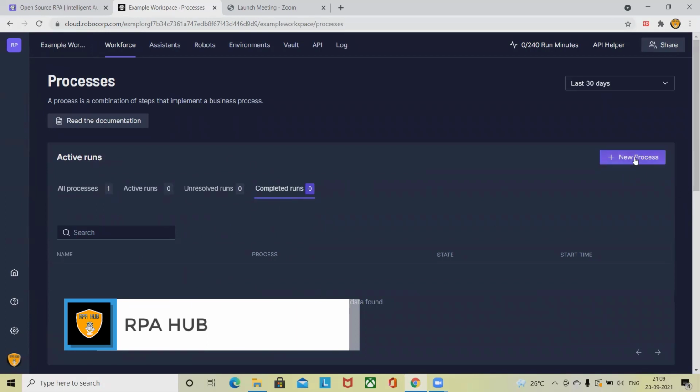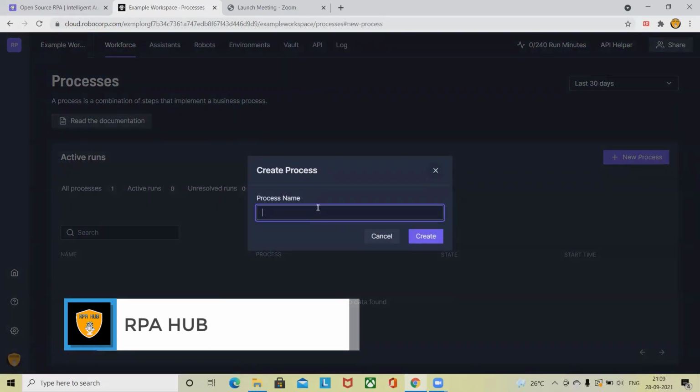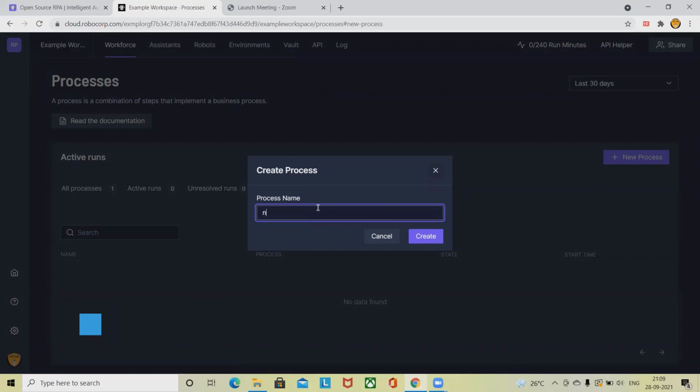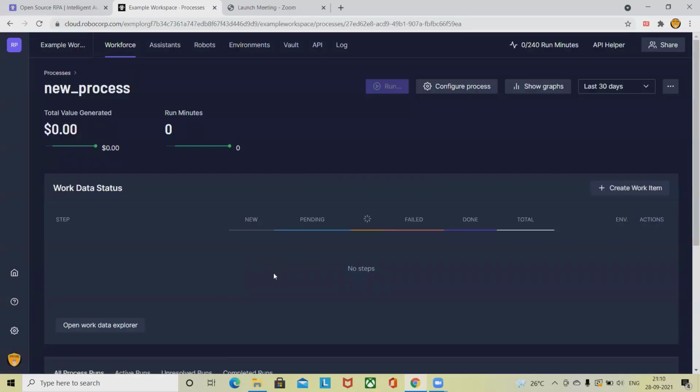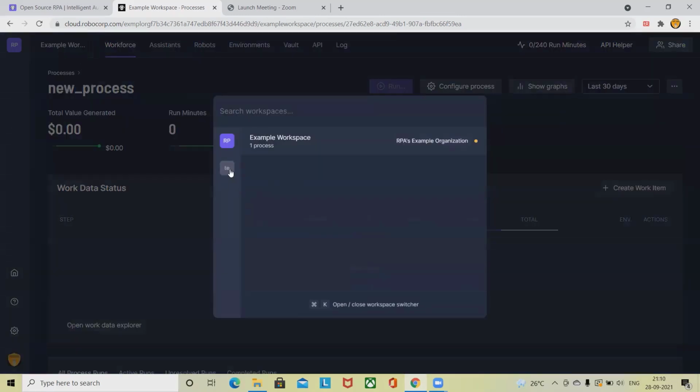If you want to create a new process, simply click on new process, add the name of the process, and click on create. My new process will be created for me. You can see different actions are available here where we can add work items and see the work item details. Like here, I can see new, pending, failed, done, total, all of the work items are available here. Now, if I want to navigate back to the workspace, I will change the workspace detail